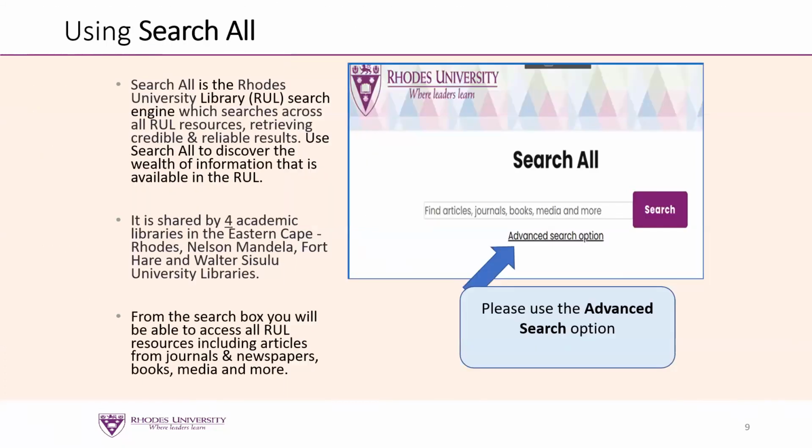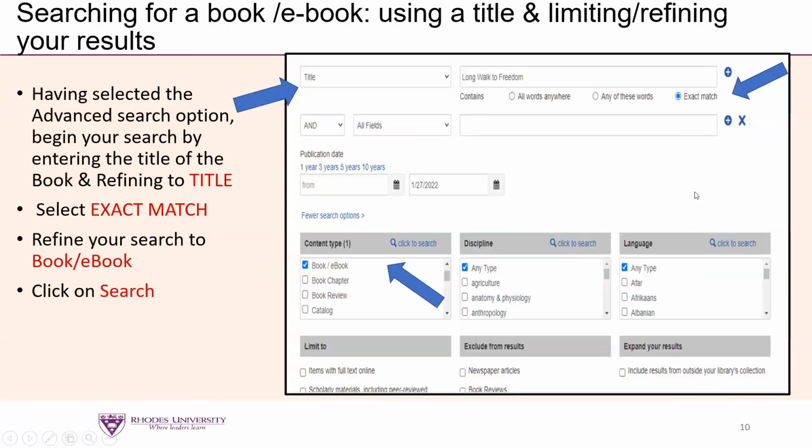So sorry, just when you're on the library webpage, you will see the search all on the screen. So please use the advanced search option. And this is what you'll see. I've put in a search here for a book, Long Walk to Freedom, which I'm sure we're most familiar with. And there are options here to select whether it's a title you're looking for or an author or so on. So you need to select your relevant information there, type in your title,